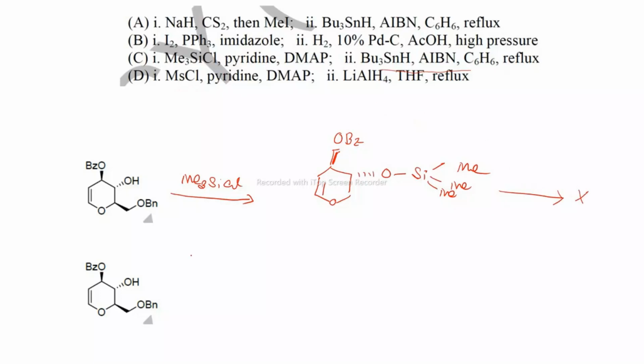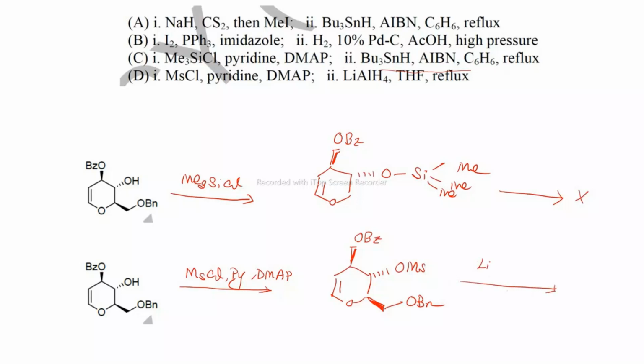In option 3, acetyl chloride, pyridine, DMAP. When we try to use this, the first step will be the methyl protection of this. So you get the OMs, followed by, here we will get OBn, right? After that, when we try to use lithium aluminum hydride,